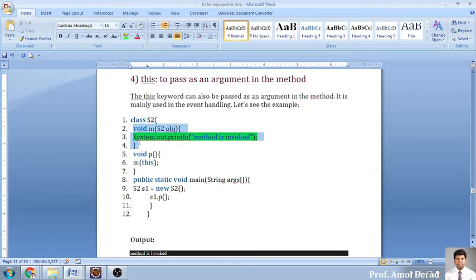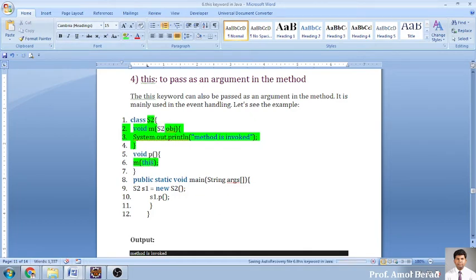Okay, so this is my green, I will be denoting the green. Now if I am calling this from my p function, the output is very simple. You will be executing a function, which can be calling another function also. Function p can call a function m also with some parameters, with some object. Now this is obj. What is obj? Obj is an object of your class. S2 is a class, and I am using this S2 in my parameter.